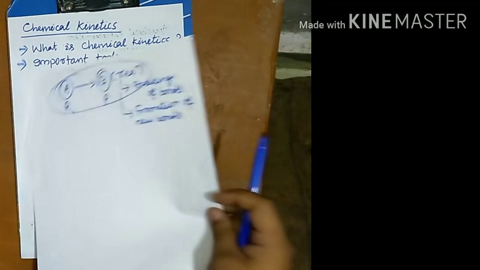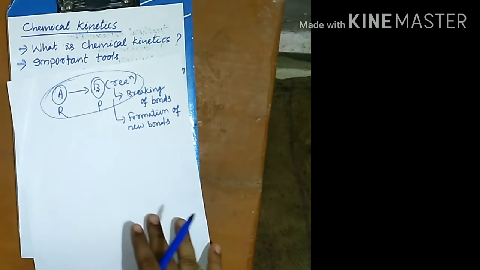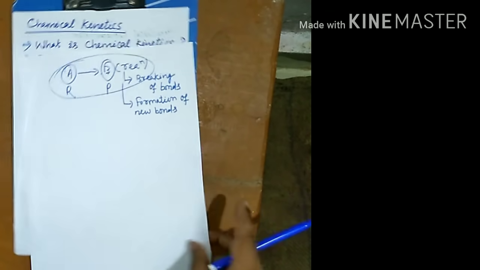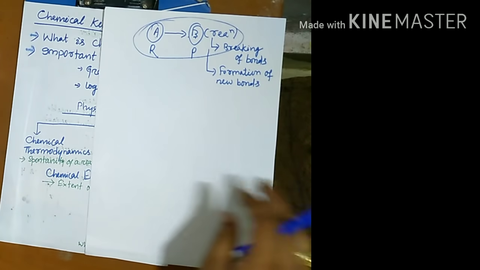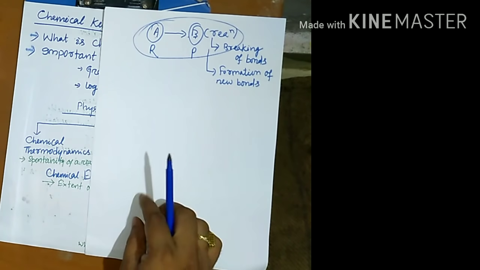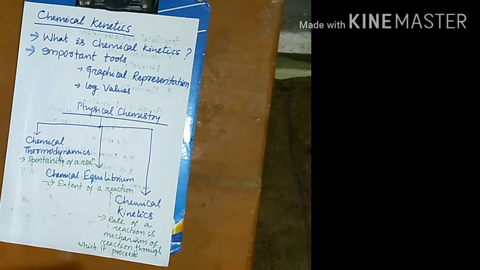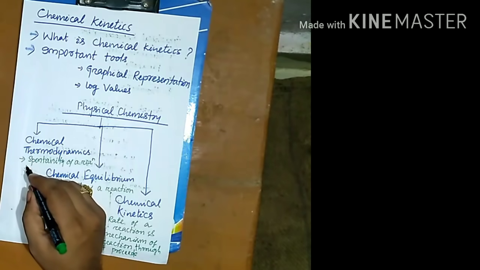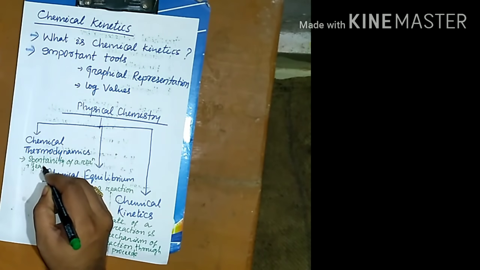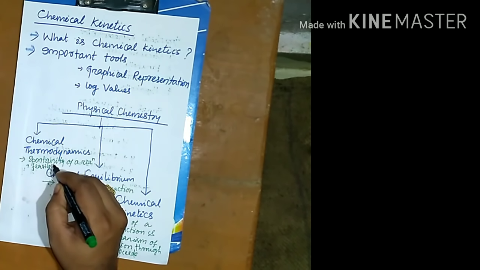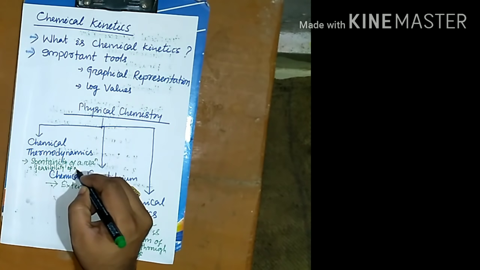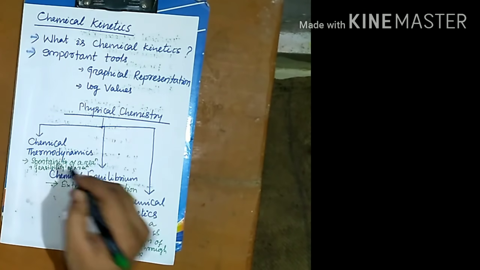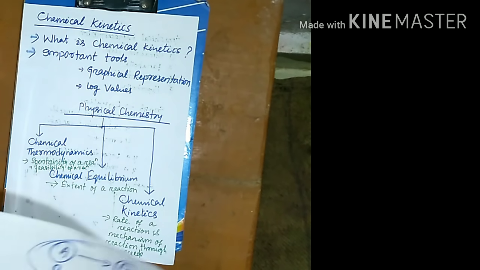And that is what we are saying spontaneity of a reaction, or you can say feasibility of a reaction. You can write also spontaneity of a reaction, or another meaning we can add here, not only spontaneity, you can say feasibility. The better will be the feasibility of a reaction, whether the reaction is possible or not. Feasibility of a reaction will be the better word as compared to the spontaneity of a reaction.